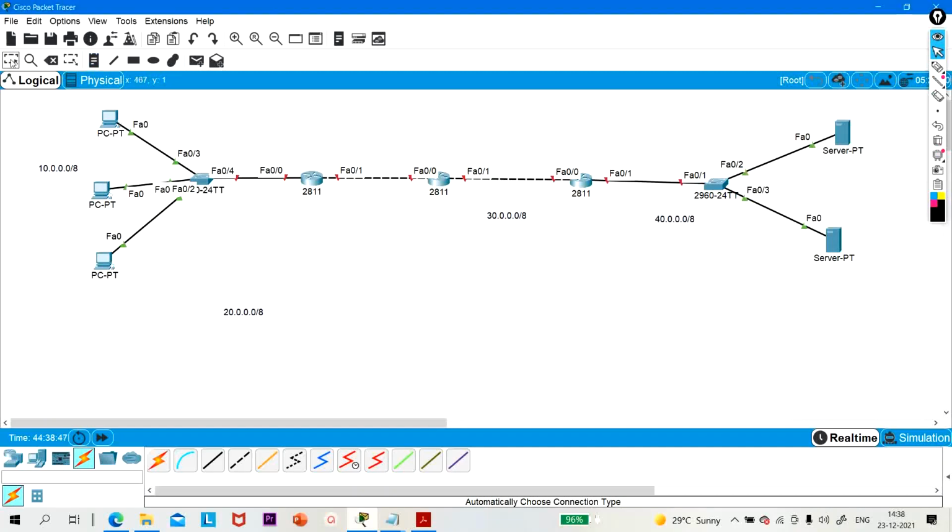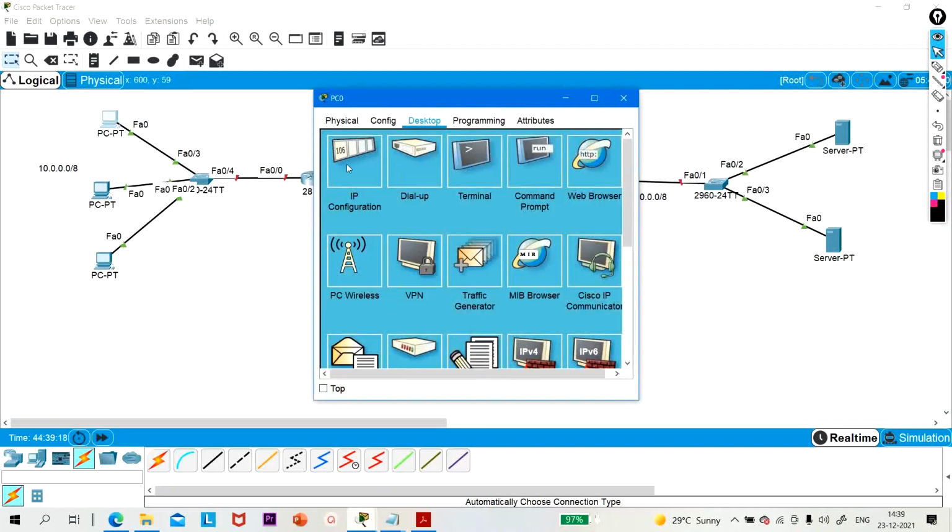So I will configure the 20 network between R1 and R2, the 30 network between R2 and R3, and the 40 network for the LAN where my server is connected. Okay. And I will configure 40.10 on the interface Fast Ethernet 0/1 of router 3. So the default gateway for this server is 40.10. Okay. So now first let me configure the IP address on the PC.